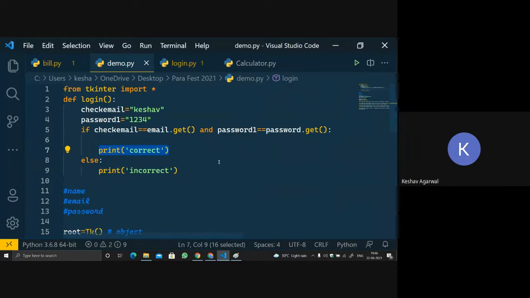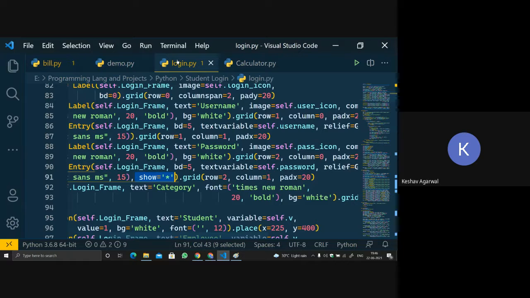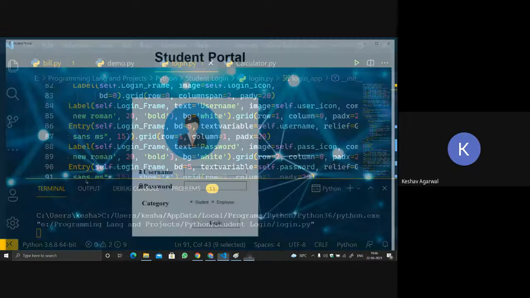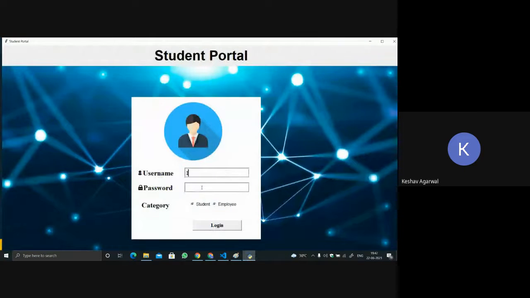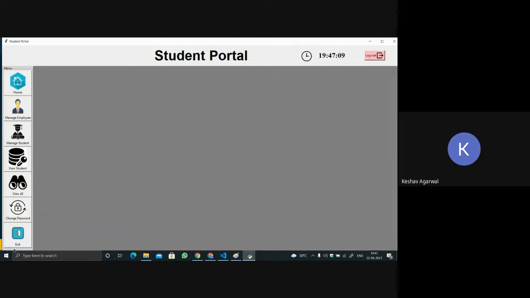In place of this, we can also add a link to another page, because if the email and password are correct, then it will directly move us to another page that is linked to it. See, in the example I showed you, I was typing the username and password, and when I logged in, a message box came saying successful login, correct? On clicking, I got to this page.